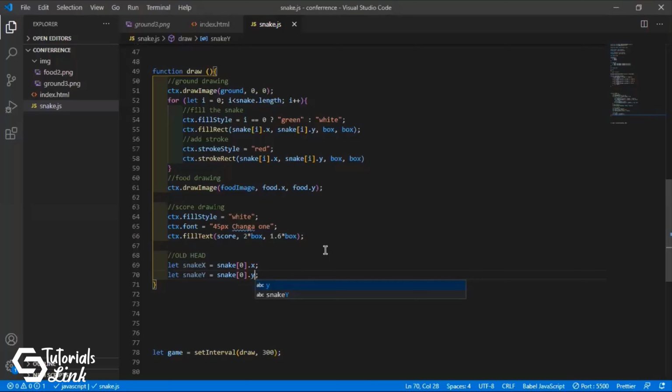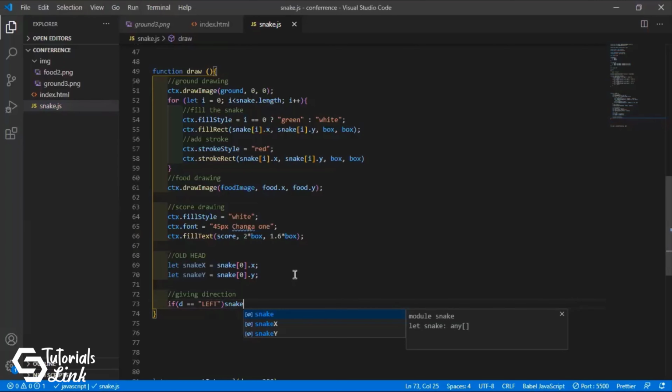And after this, we go again with the direction part. Now we will give the direction to the head. Let's say if d double equals left from our function, then snake x should move one box less. And similarly, we will declare for every other direction.